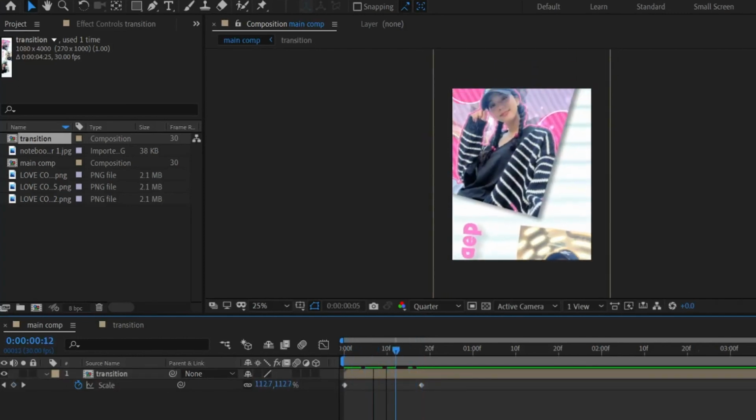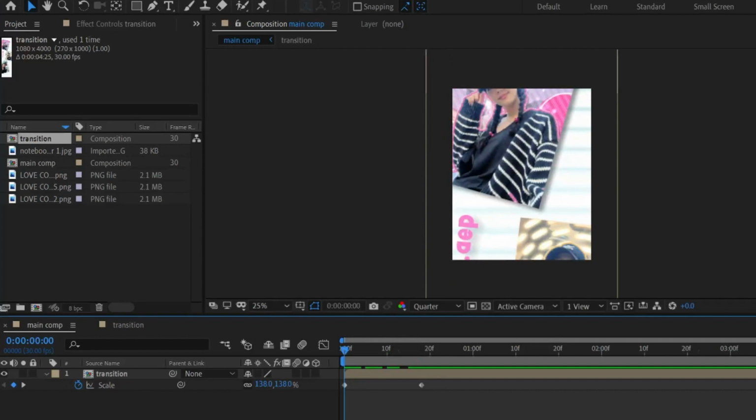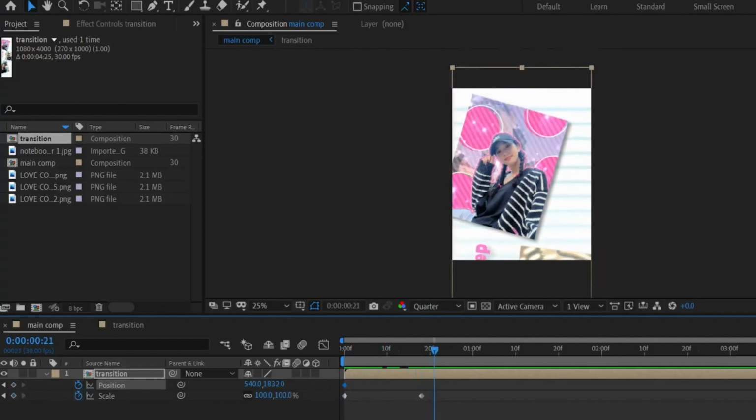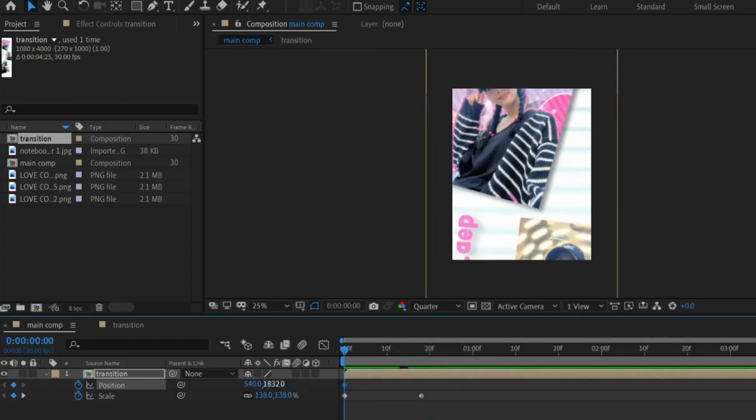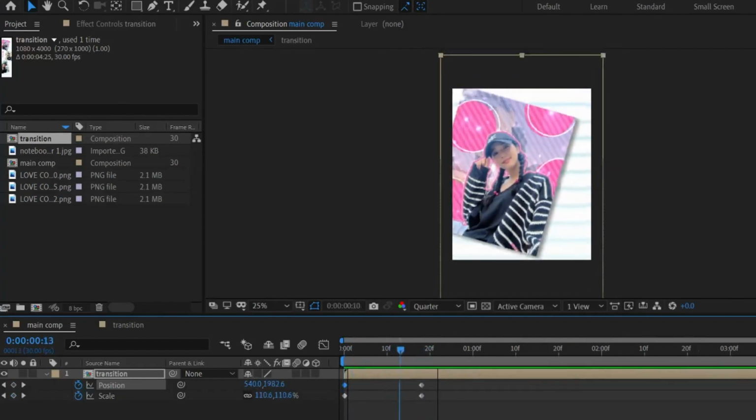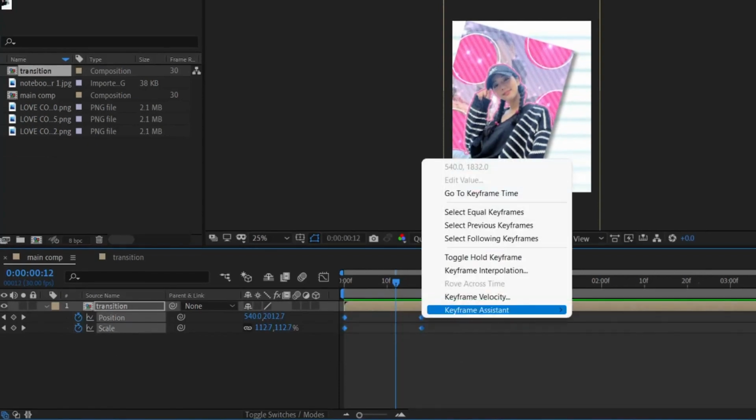As you can see, it looked like this. So you should add a keyframe for position as well. Then press U on your keyboard so you can see all the selected transitions that you want. After that, it's going to look better, trust me. Alright, this is good. And ease them,